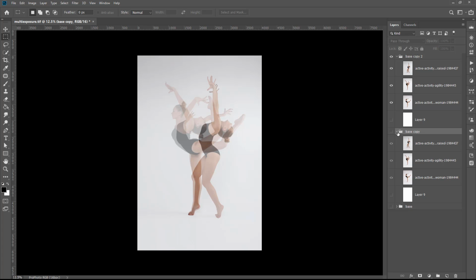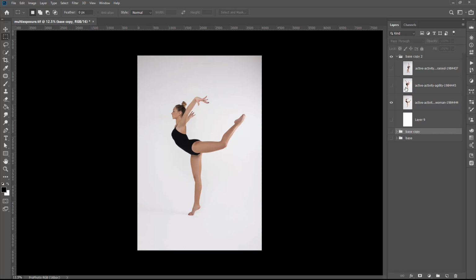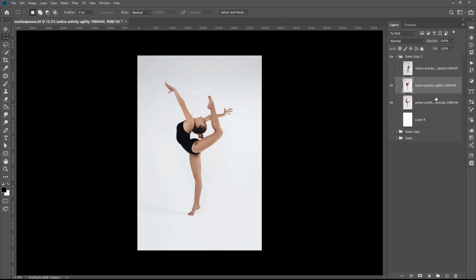Now one thing I'm going to do is show you two different techniques for this. Let's turn both of those layers off. I'm going to turn this one back on. I'm going to increase its opacity to 100%. If I double click on this layer,